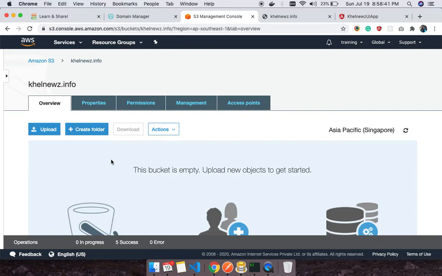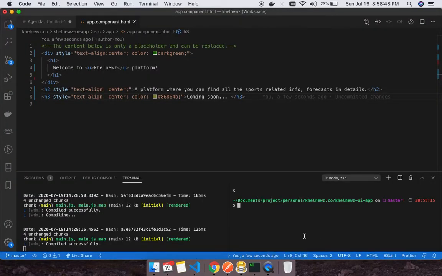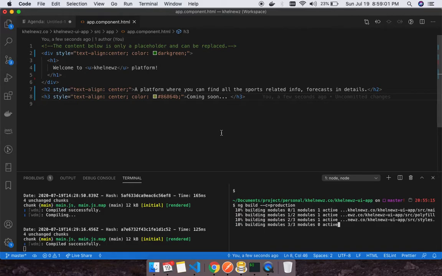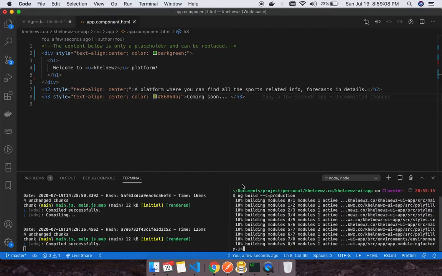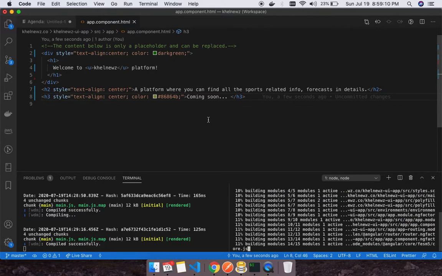So what we have to do is upload all the build files here, right? So what we can do is build with production configuration. So now, till it builds the app, as I mentioned, these are the prerequisite steps, right?